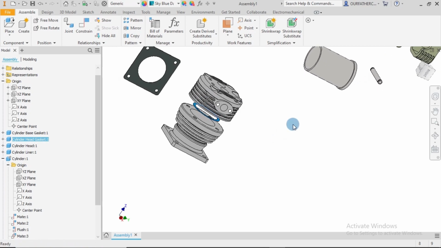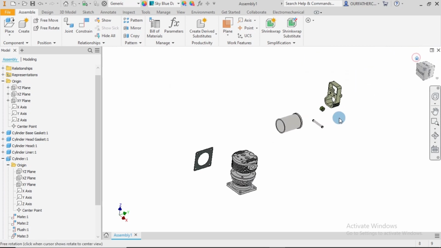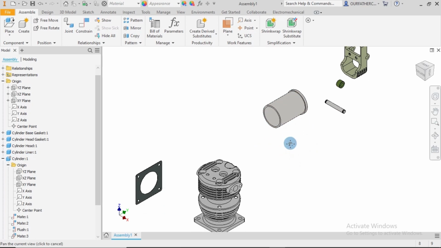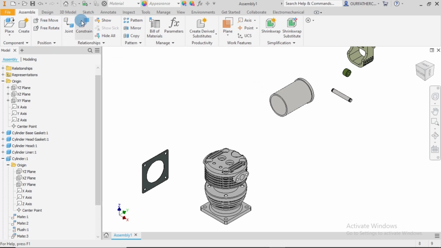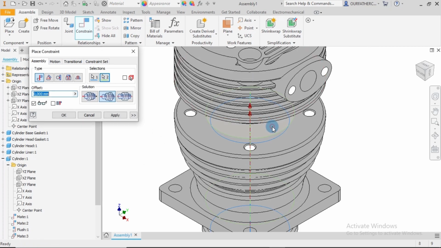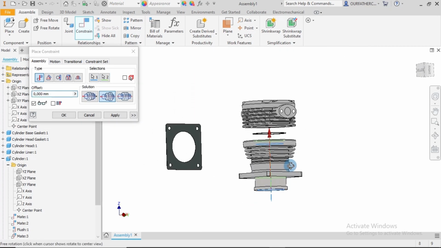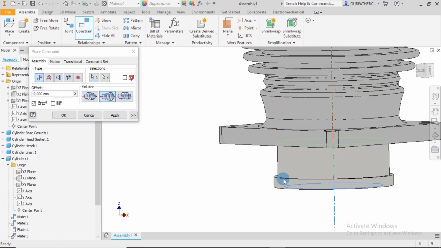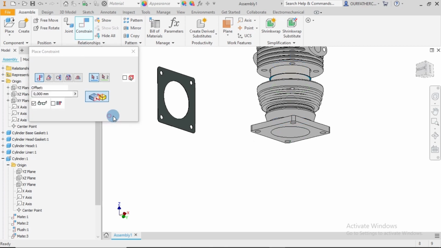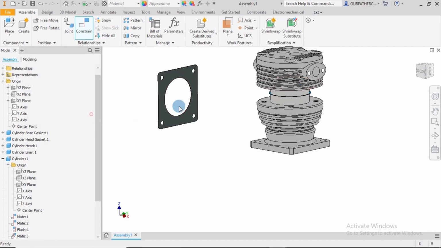So the next thing also, home view, we would be bringing in this cylinder liner. The cylinder liner itself is what forms up the combustion chamber. So we'll just do this also, cylindrically constrained, and it's in the opposite direction, as you can see these parts down here. So we just oppose, and it is on top, apply, perfect, and cancel. Then we could drag this down a little bit,